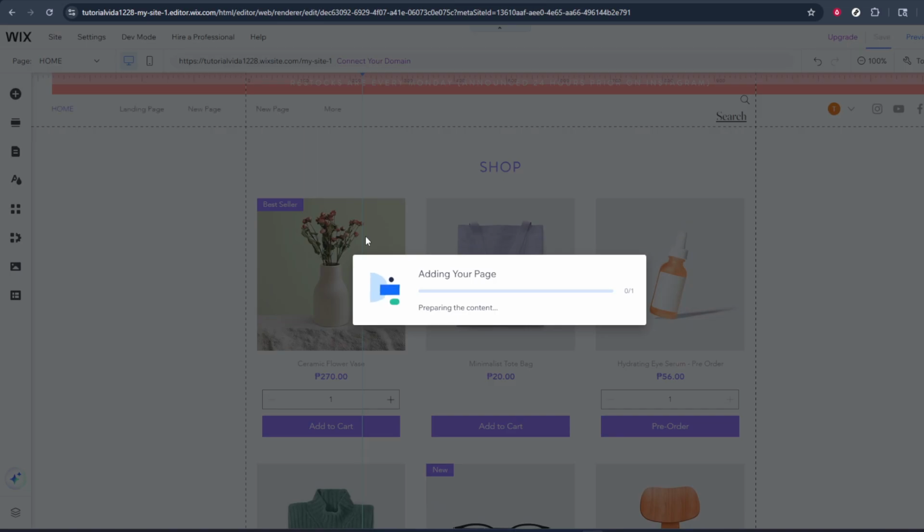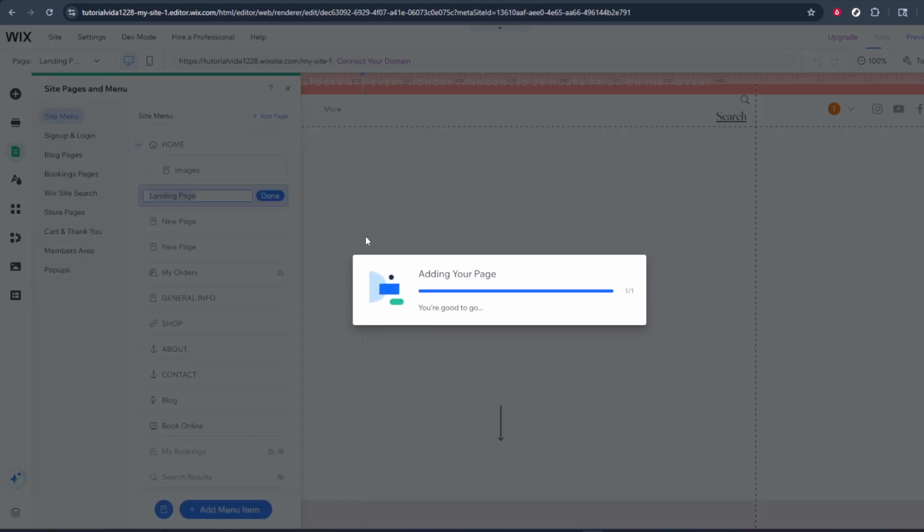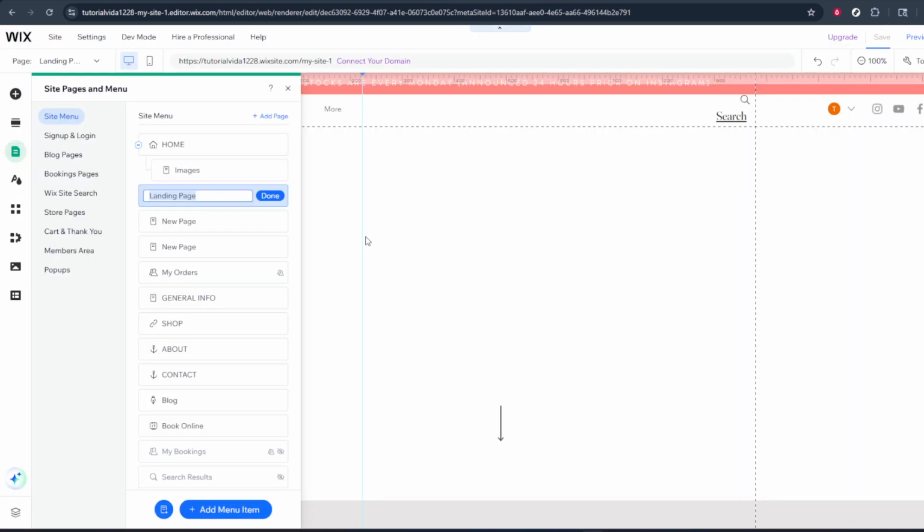Once you've selected the template you want, confirm your choice by clicking Add Page. This action tells Wix to actually create the new landing page and add it to your site's list of pages. The editor will then open that new page,